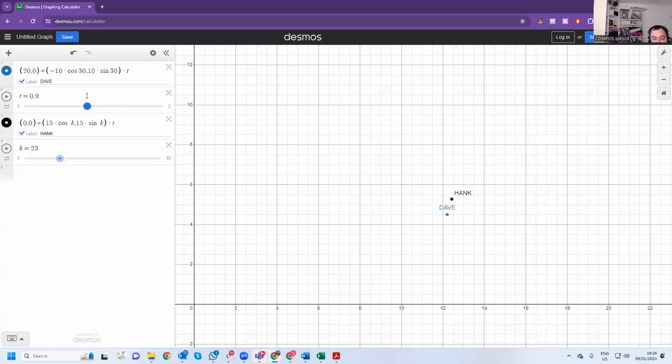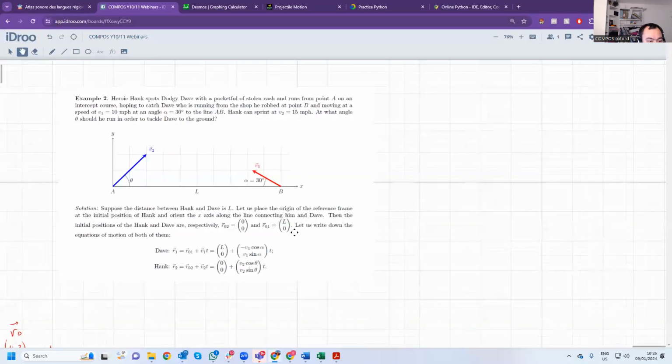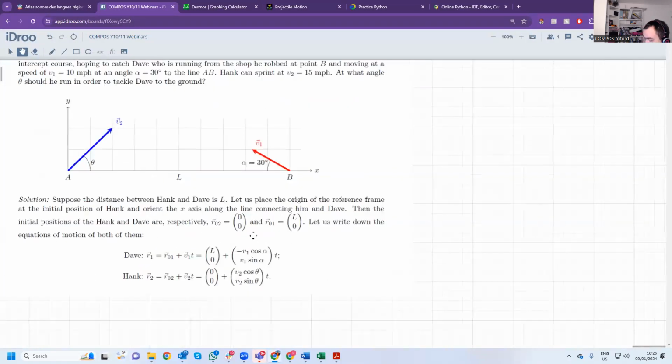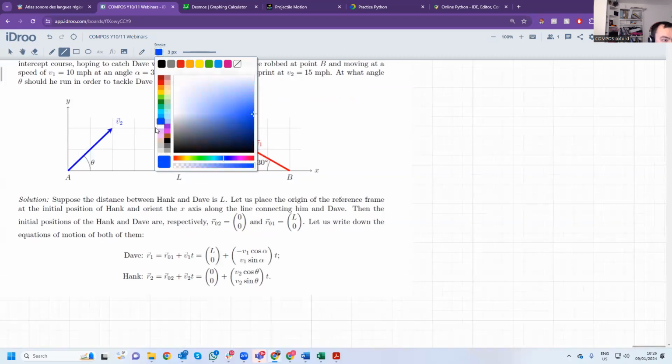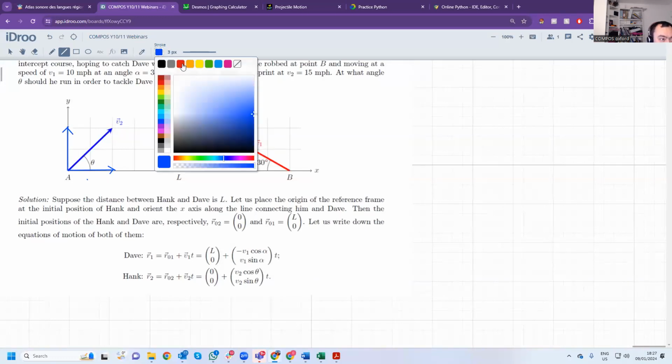If we want Hank to meet Dave, his vertical velocity has to be the same as Dave's vertical velocity. If we split Hank's velocity and Dave's velocity into components,